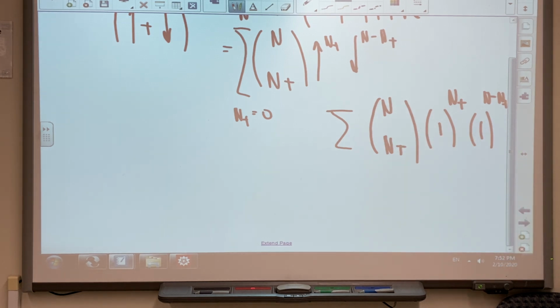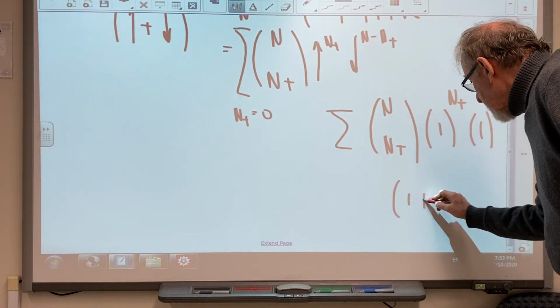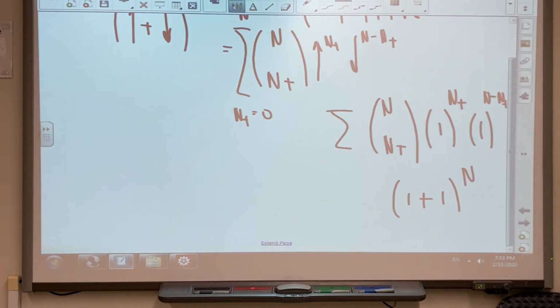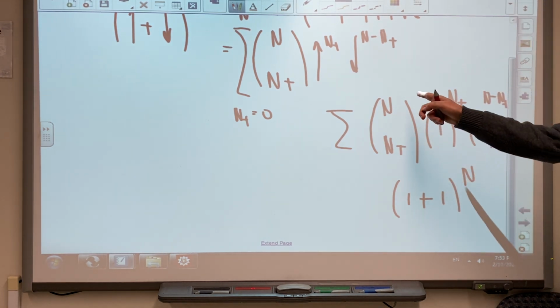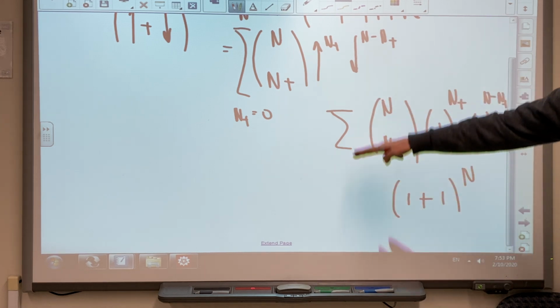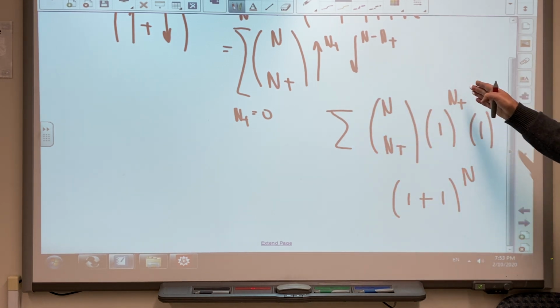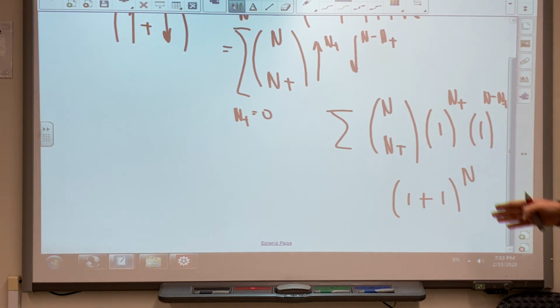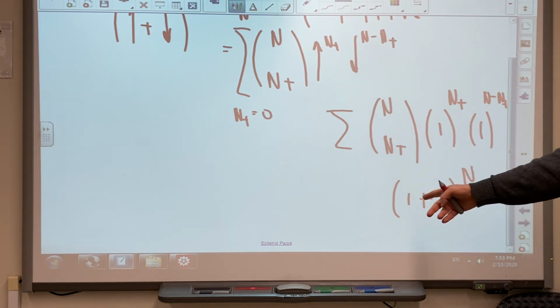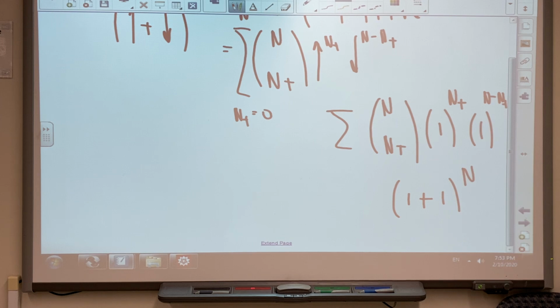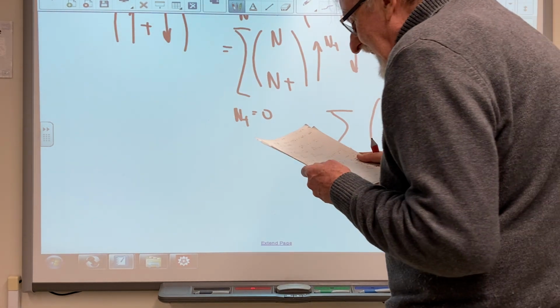But, as Newton told us, this is the expansion of Newton's binomial. This expression is 1 plus 1 to the n. That's what Newton told us: if you sum over all values of n plus, something to the n plus, times something to the n minus n plus, it is something plus something to the power n. 1 plus 1 to the n is 2 to the n, so you know that you have all the states there, that you have found a way to write all the states. So, what I will do now